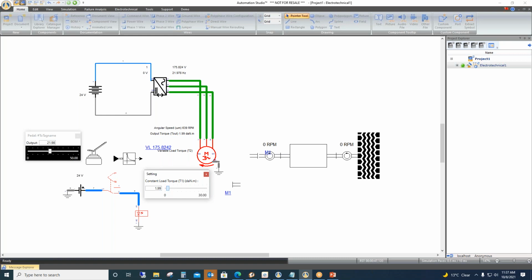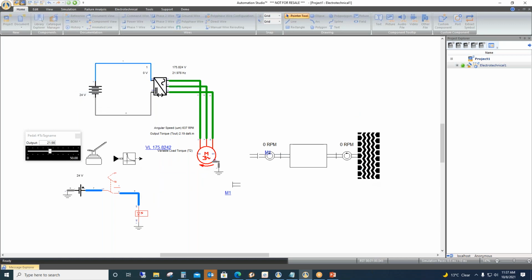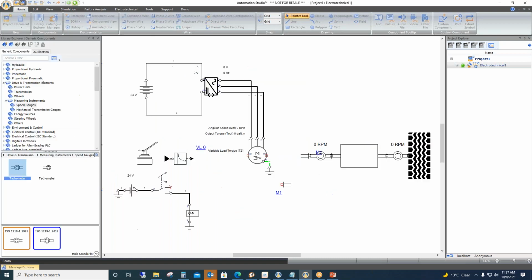Similarly, here we are just clicking on the motor and changing that. You can change it at the wheel base also. On the wheel you can also change the load torque curve, and with the mechanical jump that will be transferred to the motor, and that's how you can see the terrain changes. I hope I answered your question.